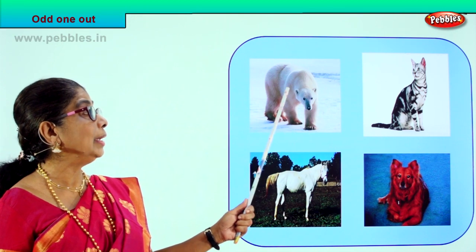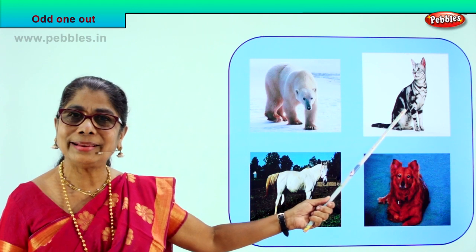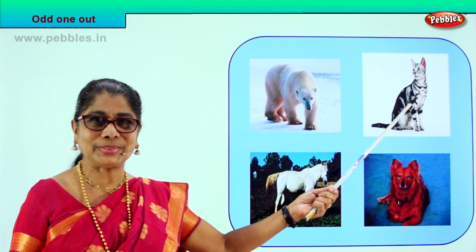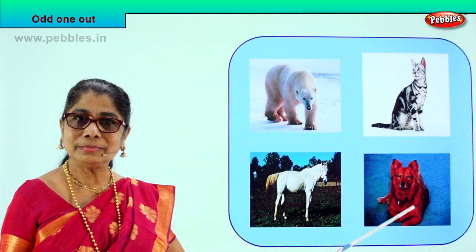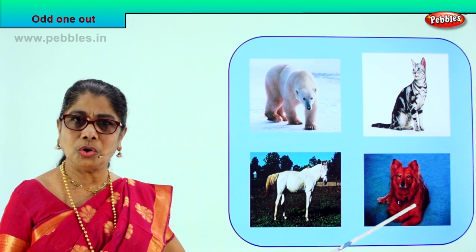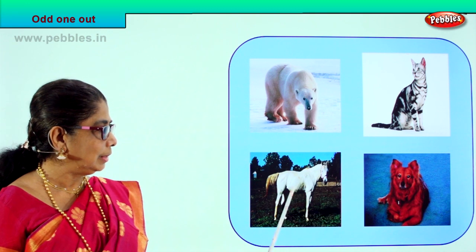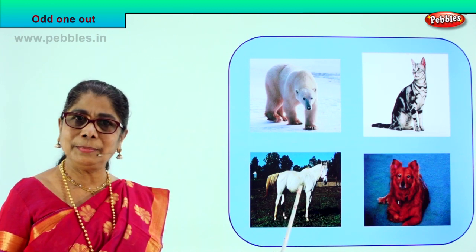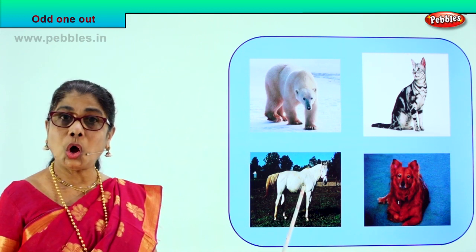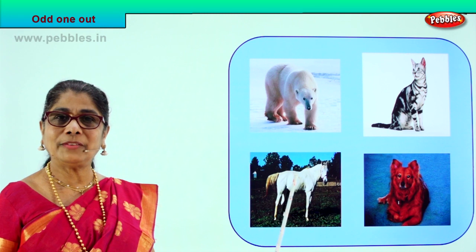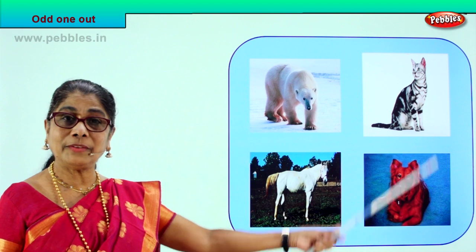So this is a polar bear. How beautifully it looks. What is this? It's a pussy cat. That is a pussy cat that lives in your house. It's a polar bear, pussy cat. What is this? Who guards your house? Dog. This is the dog that guards your house. Good. And what is this? Gorgeous little animal. White horse. What is this? Horse. So we have a horse here. We have a dog here. We have a cat here.